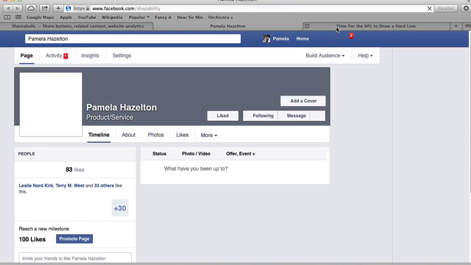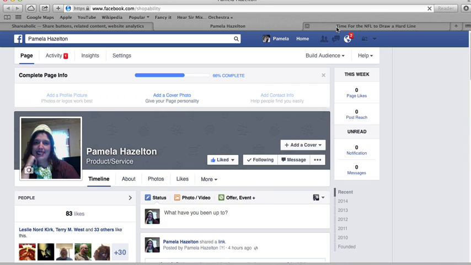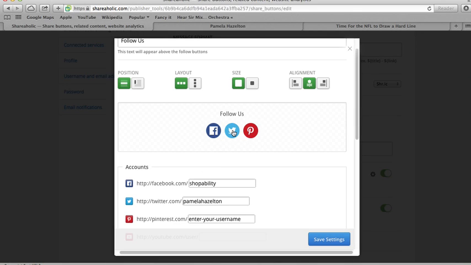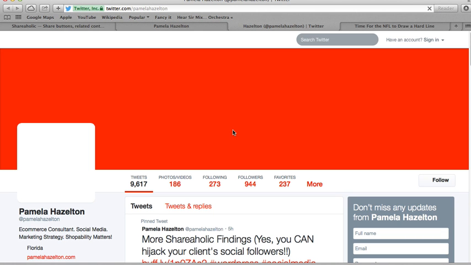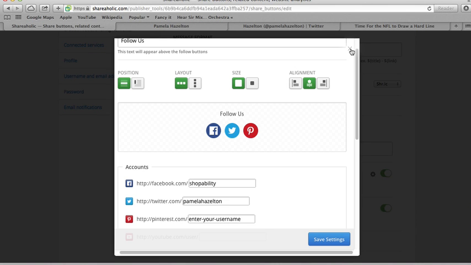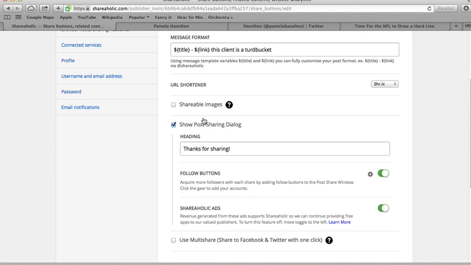So it looks like there's a little hookup and they're doing a couple of changes on their system right now. But as you can see, these buttons are functional to send all the Facebook likers and the Twitter followers to my account. That is the kind of control that I have. And a few other things that I can control in here